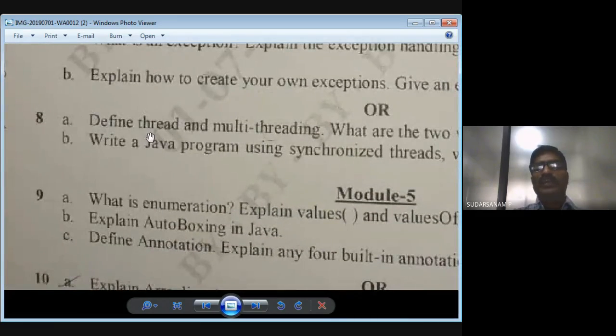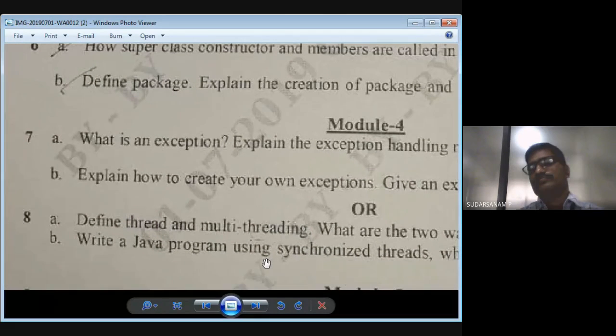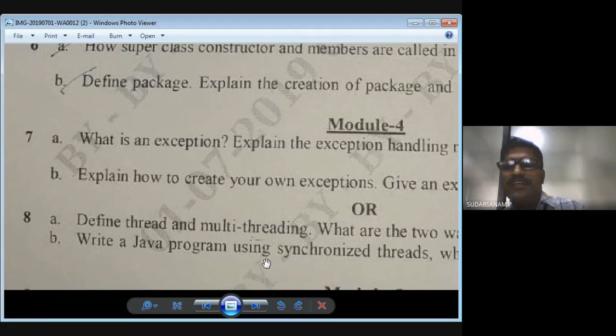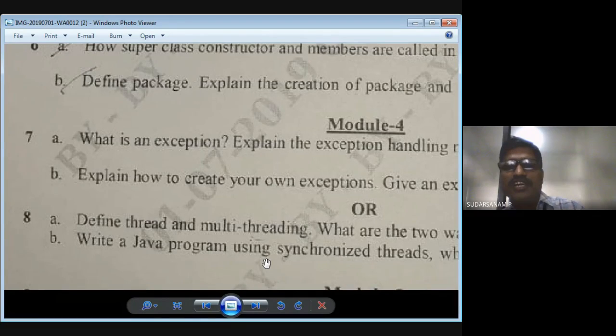So eighth question is define thread and multi-threading. Whether all fourth unit questions are covered or not? Covered, sir. So you have notes also.